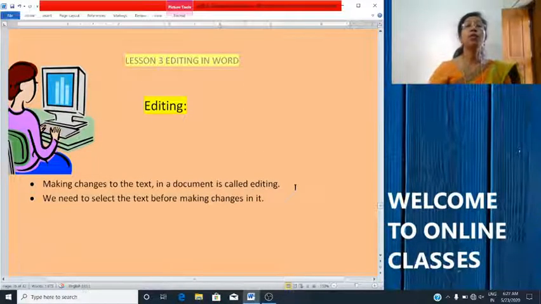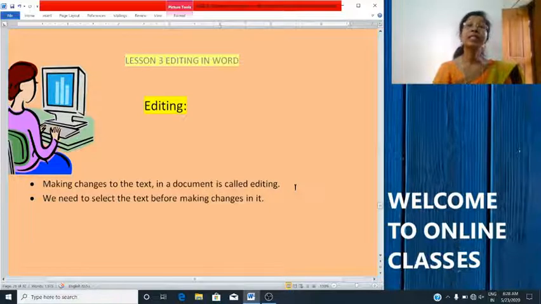Editing focuses on improving the accuracy of language, spelling, grammar, structure of the sentences, and readability. Why do we edit the text? To improve our document. Okay, improving the accuracy of our language, spellings, grammar, structure of sentences, or readability. Okay, to improve our document, we edit the text.